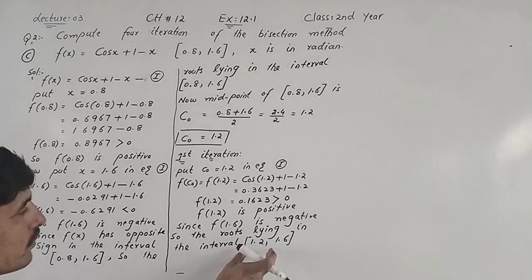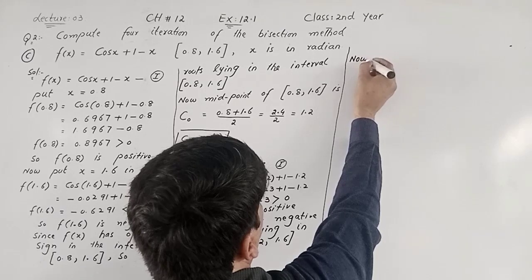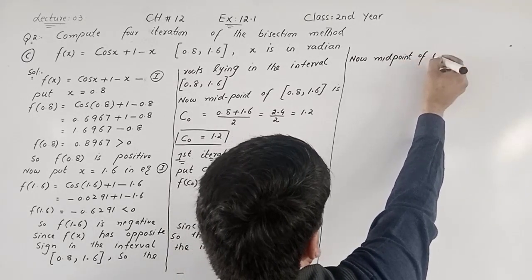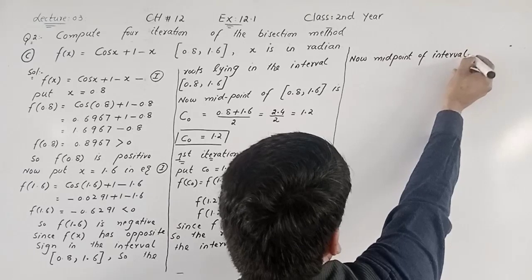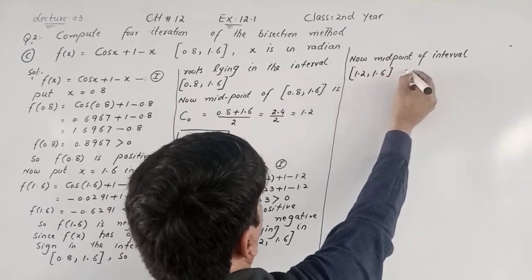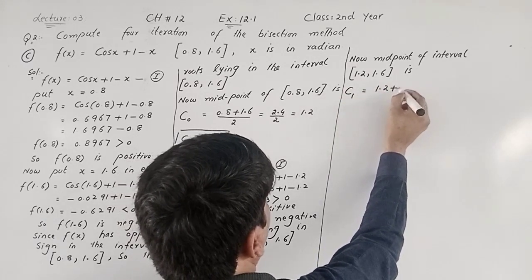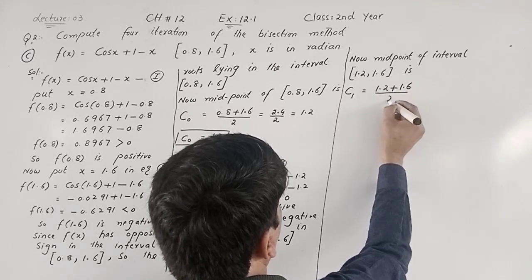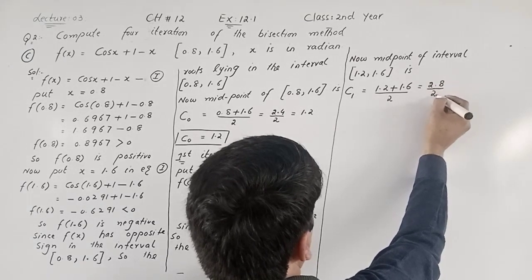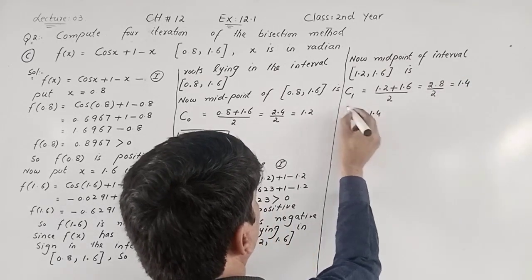Now midpoint of the interval 1.2 to 1.6 is, say this is C1, which is 1.2 plus 1.6 divided by 2, दोनों को ऐड करें तो आ जाएगा 2.8 divided by 2, so we get 1.4. Second iteration